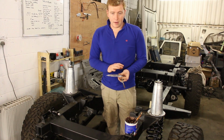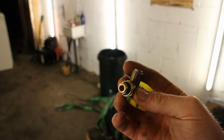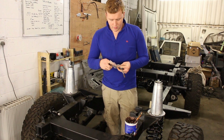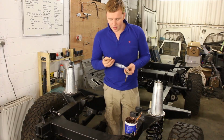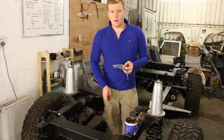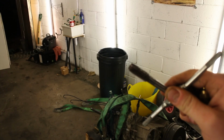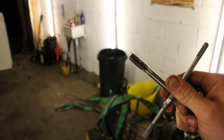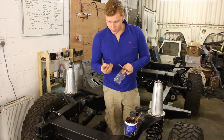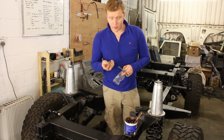So I want to fit a very good piece of quality kit. I found these axle breathers online from Gwyn Lewis 4x4 in Wales. They are pneumatic push fit elbows. This one's an M12, which is ideal for the TD5 and Puma axles. In the kit you get a tap. We had to add our own tap handle here, that's fine, we already had that. And it's got an M12 fitting on with an O-ring, so it'll seal up. It's a really nice quality piece of kit this,